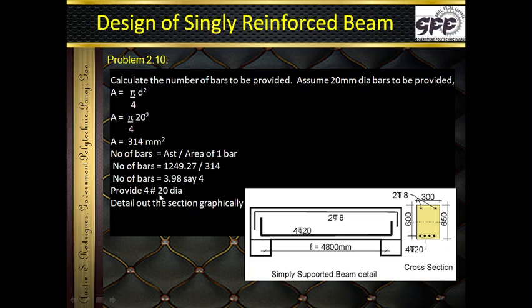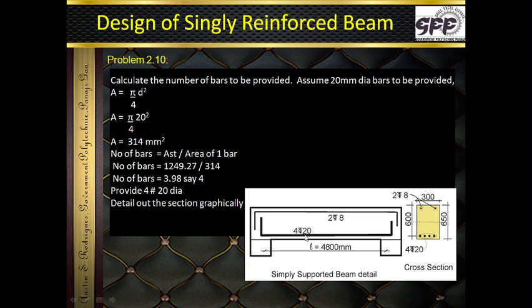Now this is all in the calculation. Let us see how it looks in the beam. In the graphical sketch, we have a simply supported beam. That's my span. The main steel is at the bottom because tension is at the bottom. Please note over here, these are 4 bars of 20. In the cross section, 4 bars of 20 are shown here. These are 2 hanger bars which are there on top. Please note 4 TOR 20,